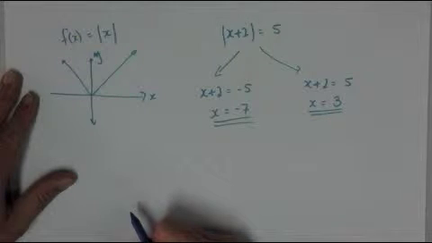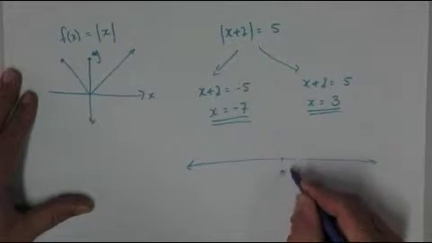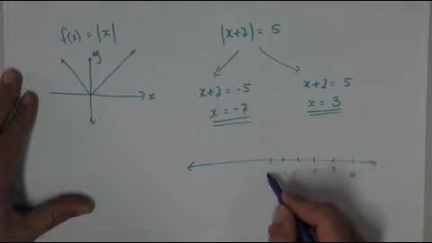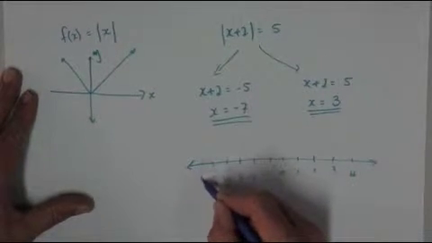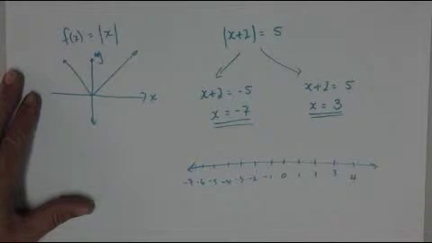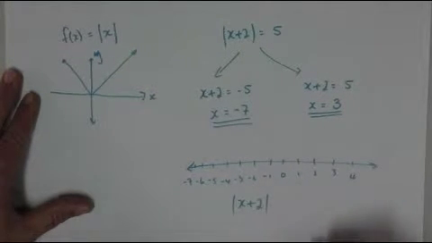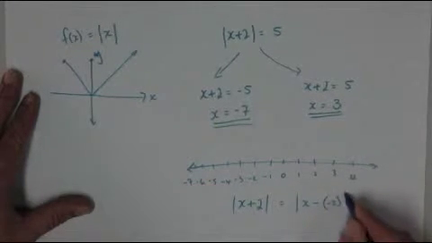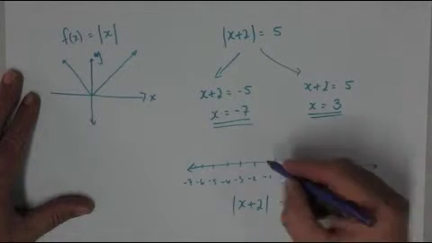Now, if we think about this using a number line as a way of doing it, we might have our number line with 0, 1, 2, 3, 4, and back the other way, negative 1, negative 2, negative 3, negative 4, negative 5, negative 6, and negative 7. Well, what I'm saying here is I need to think to myself, the absolute value of x plus 2 is the same as saying it's x take negative 2, because a negative take a negative becomes a positive. And so I need to think, well, if I was to start at negative 2, start here,